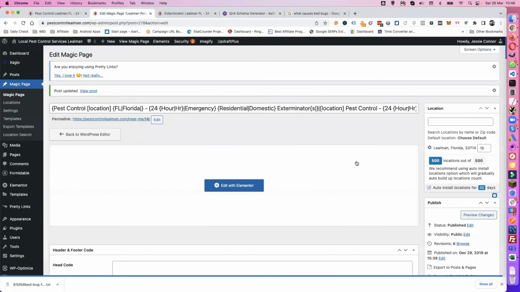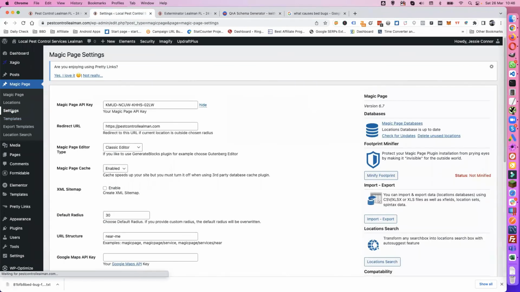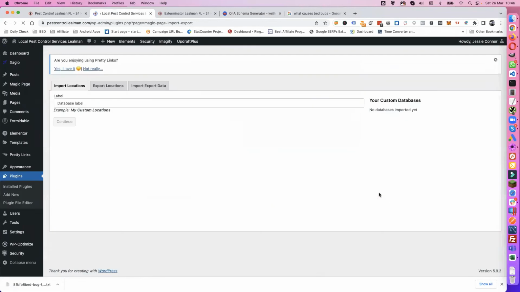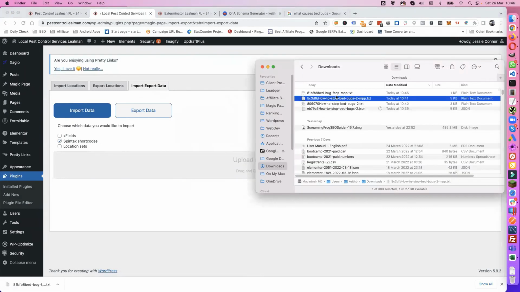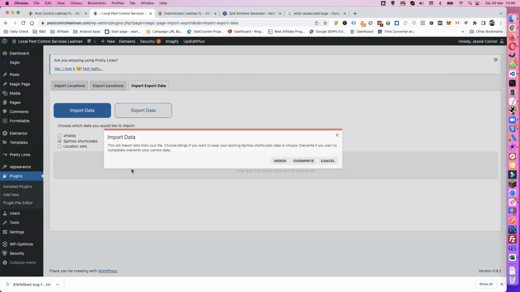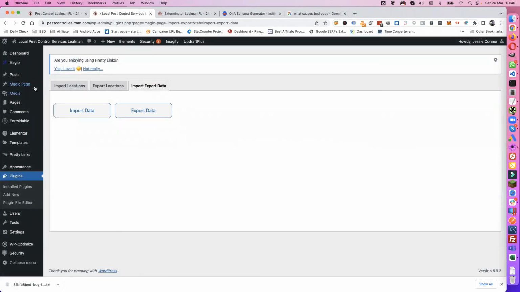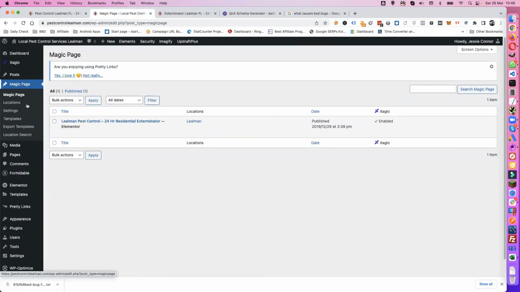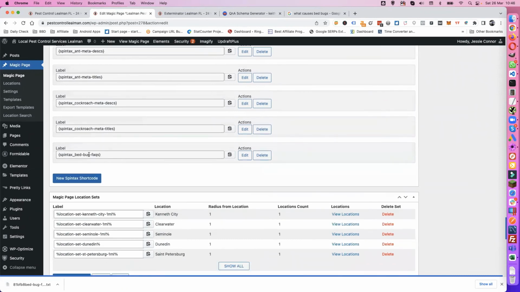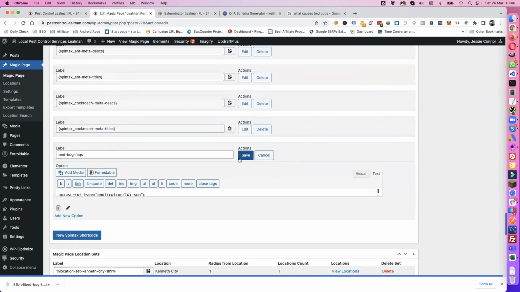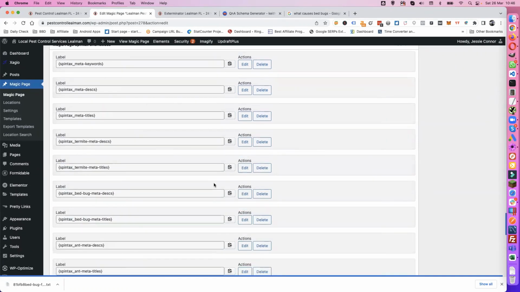If we go back to here again, settings, and import export, and import export data, spintax shortcodes, and it's that one. Drop it in, merge, go back to Magic Page, edit, scroll down, and there we've got spintax bedbug facts. And if we open it, it's got the one thing in there. We just save that and copy it,